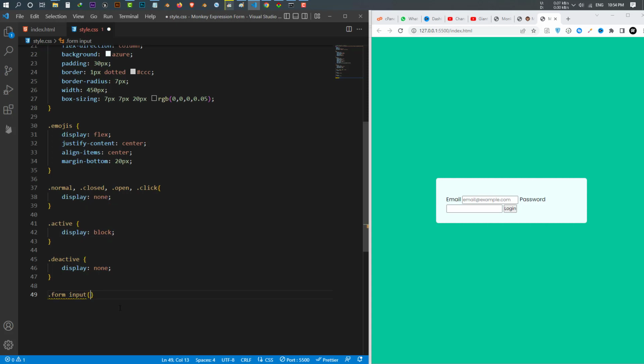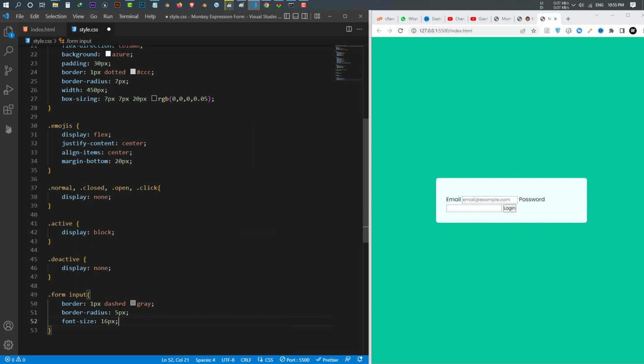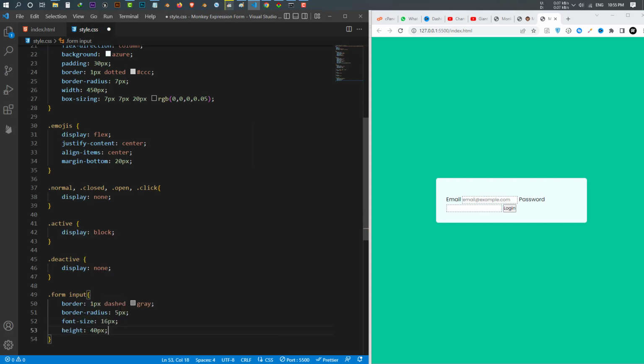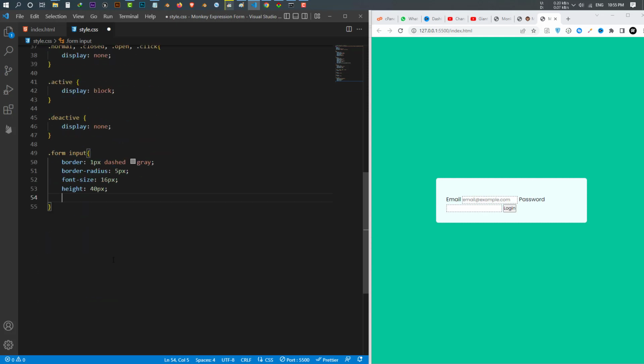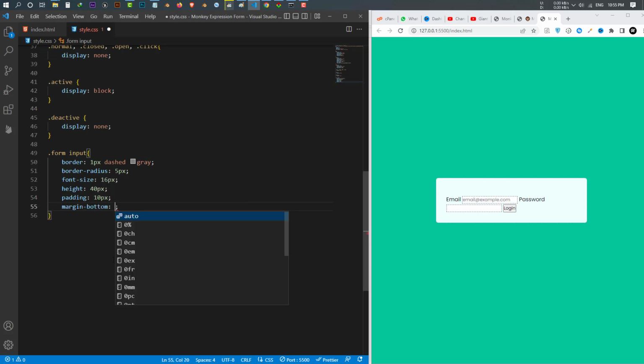I give design to my inputs. I give them a border of 1 pixel dashed gray, a border radius of 5 pixel, a font size of 16 pixel, and a height of 14 pixel. After that I give them a padding of 10 pixel. Also give them a margin at the bottom, I give it 10 pixel,